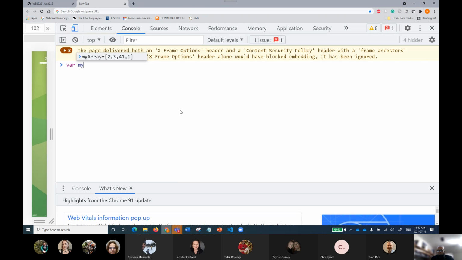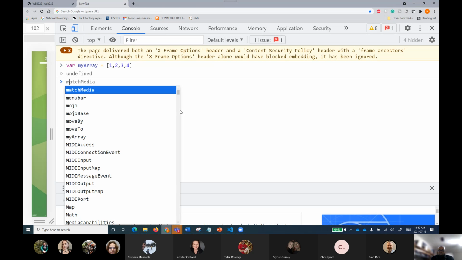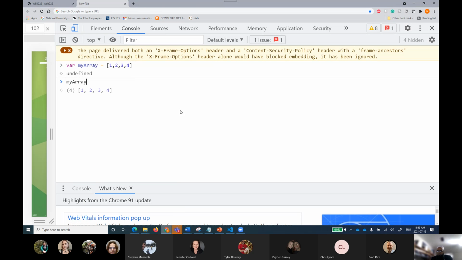Var my array equal to 1, 2, 3, 4. Now, you see, if I print my array, you see that I have got these 4 values. Listen about that very carefully. We see that this data is stored simply. No rocket science here. 1, 2, 3, 4 have been stored in that way. But this is something interesting. Do you see that every value is being mapped with a key?